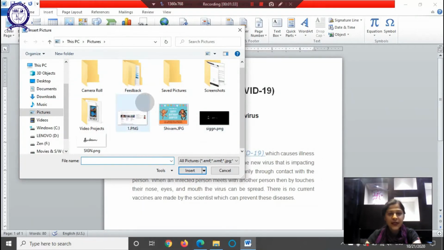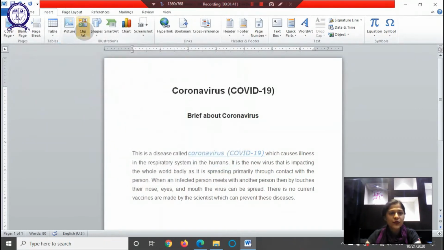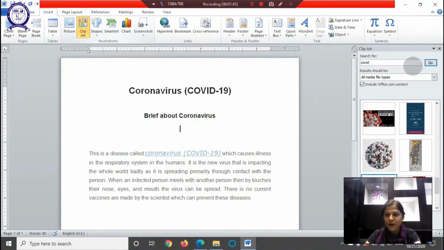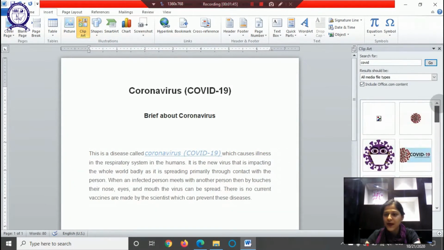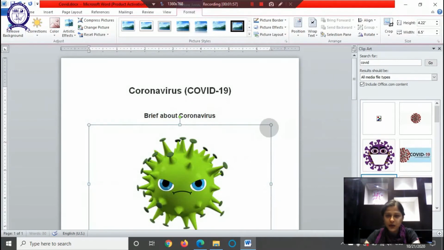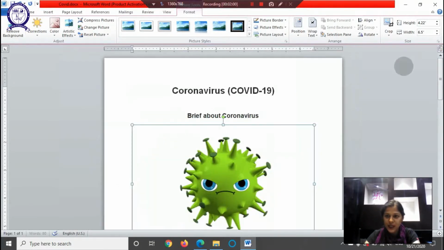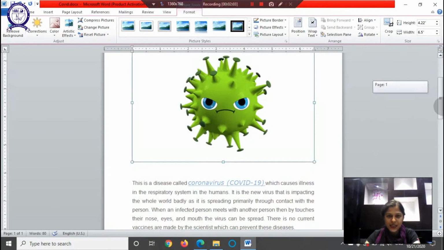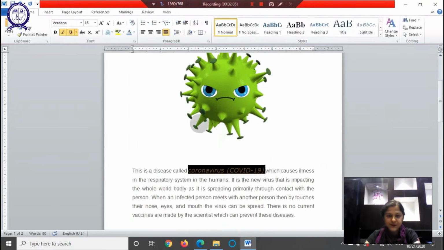I can click on an image, wherever the location is, and then simply open that, but I want to insert a clip art of COVID, right? So I'll simply click on clip art and type COVID here, and you will see that we have some interesting free images available which we can insert in our document. Alright, now I'll close this up. And as you can see, we have added a coronavirus clip art onto our document.